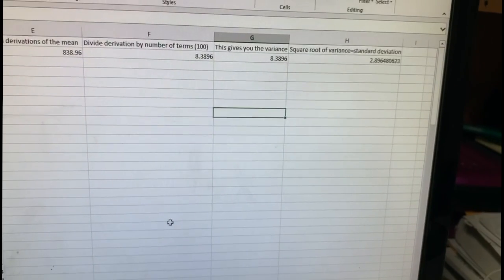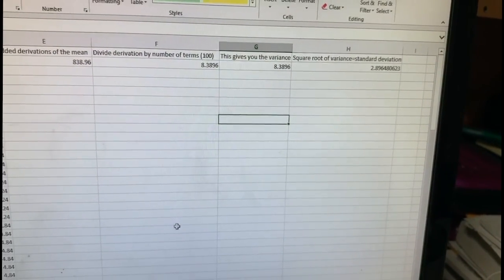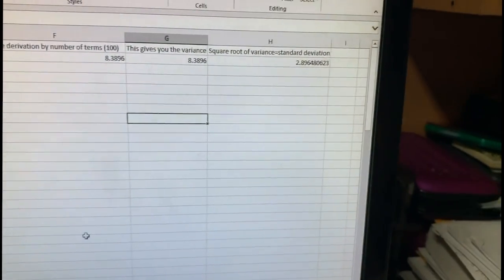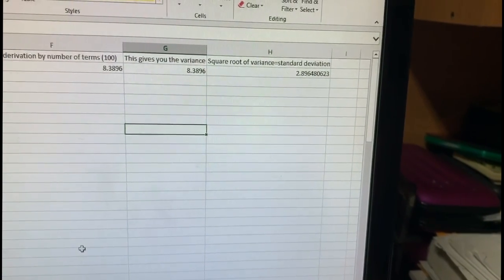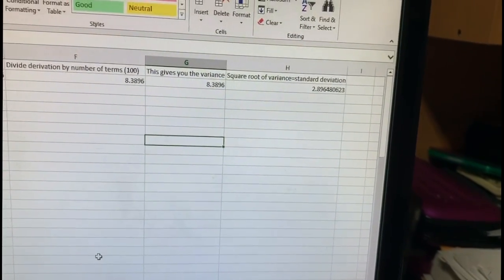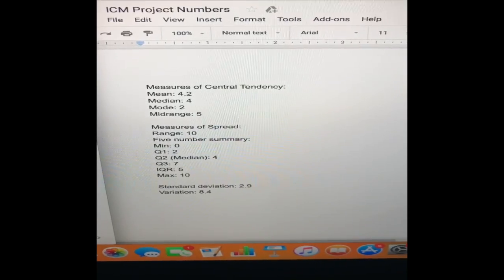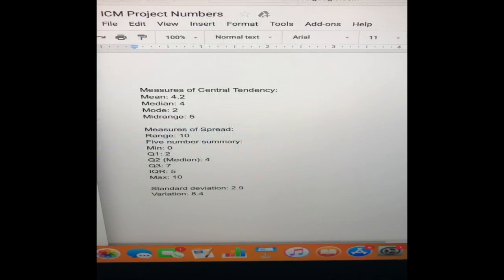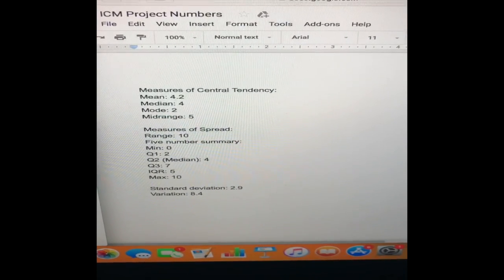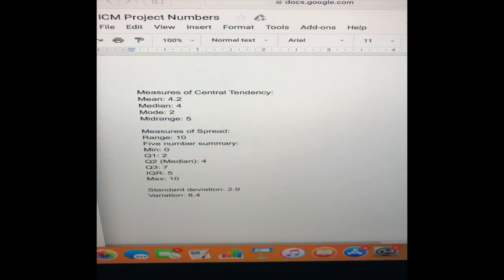this is the variance. To calculate the standard deviation, you would simply take the square root of that number, which in our case was 2.9. And since our standard deviation is quite low, it means that most of the numbers were very close to our average. The measures of central tendency are: the mean is the average of all the data values in a set,